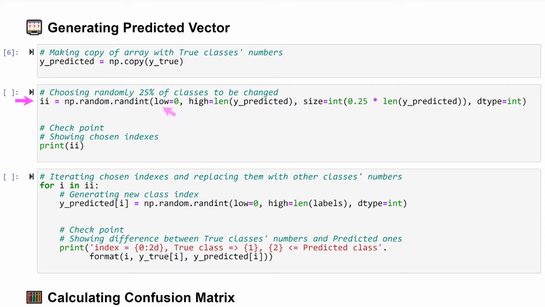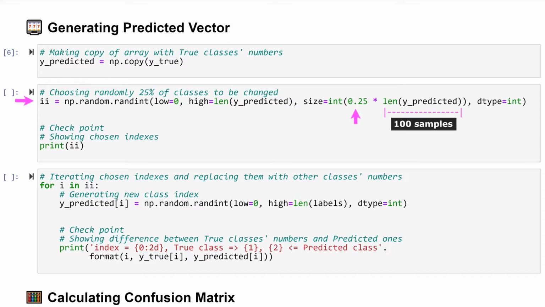As arguments, we pass the lowest index, that is 0, and the highest index that we obtain by getting the length of the defined vector with classes numbers. By the next argument, we set the total number of indexes to be chosen. Our imaginary model has 100 samples, and by multiplying this number by 0.25, we get 25 randomly chosen indexes.